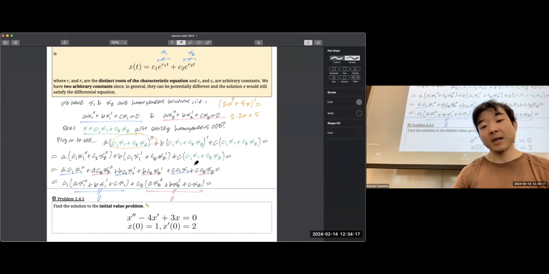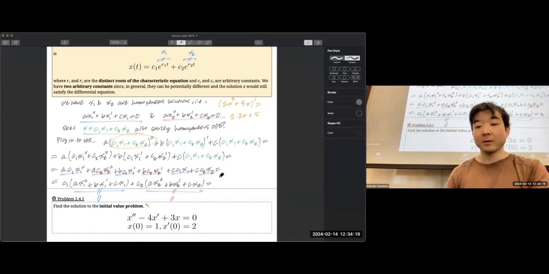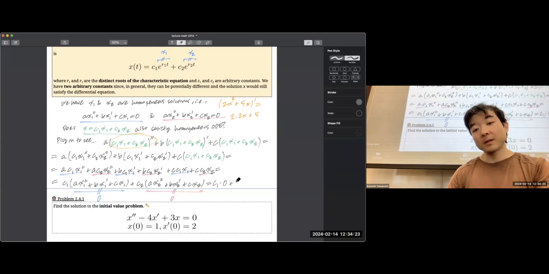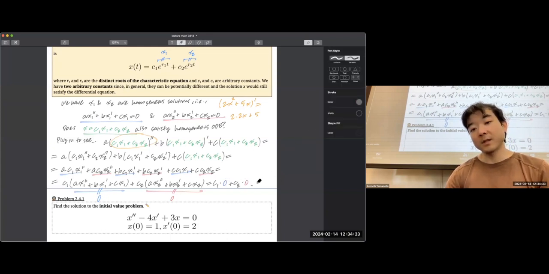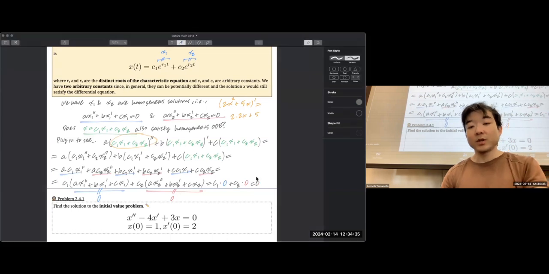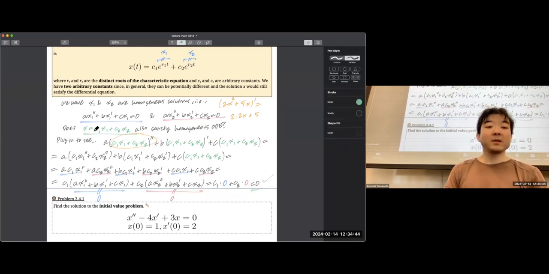So you end up getting C1 times 0 plus C2 times 0, coming from the fact that this one is the blue 0, and this one's the red 0. And of course, this just equals 0, which confirms our claim that